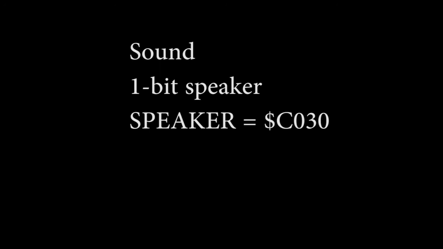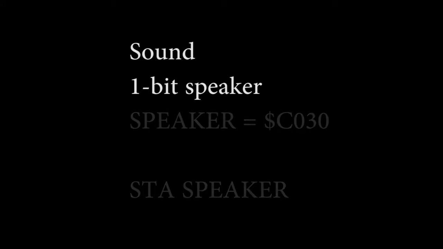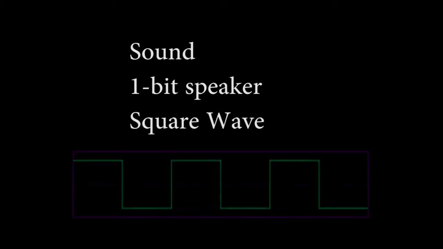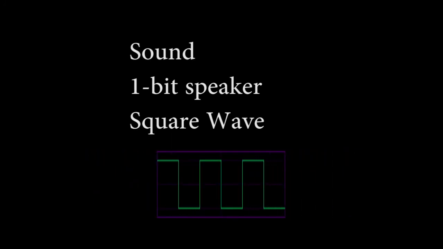Okay, so we've created an interesting system for some cool animations, but if you want to have a really interesting demo, it pretty much has to have sound. And on the Apple II, at least prior to the Apple II GS, by default, all you got was a 1-bit speaker that you could turn on and off, and you couldn't even really say on and off. You could just toggle it by toggling a soft switch for the speaker. And of course, all you could really generate were different square waves by varying the timing in between turning on and off the speaker. And that's pretty much where it ends for sound, unless of course you're a genius like